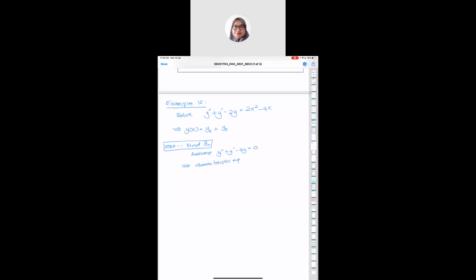Saya nak suruh you nampak, so saya tulis kat sini. So we using characteristic equation: m squared plus m minus 2 equal to 0. Press the calculator, give me the roots. What is your roots? Implies that m equal to,